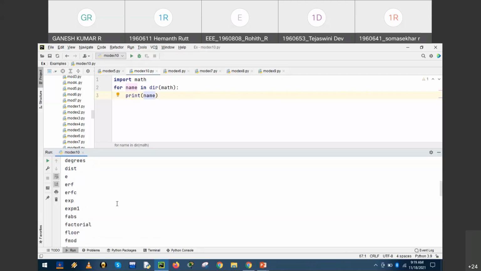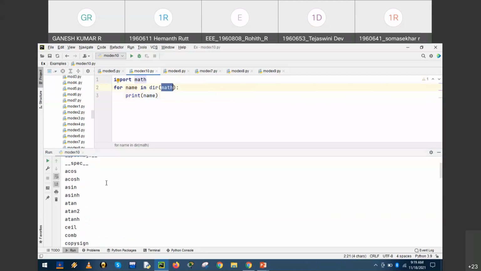So you may notice that the dir of the math module, the print function displays all the entities along with the folders associated with the math module. Okay. So when this module is imported, we can use all these functions.